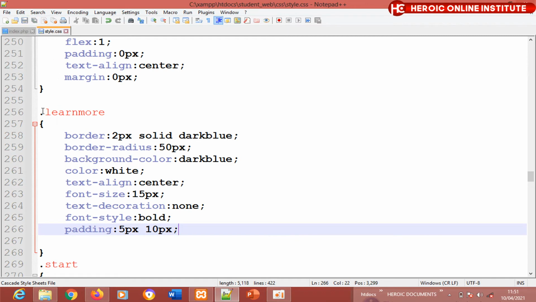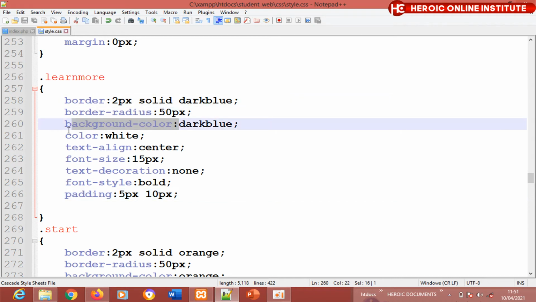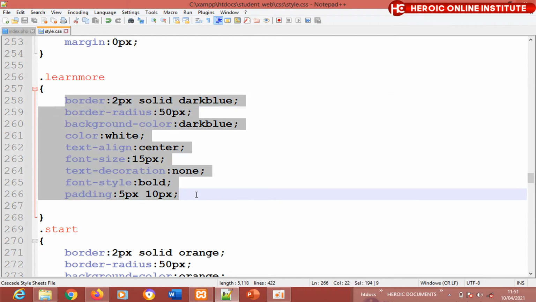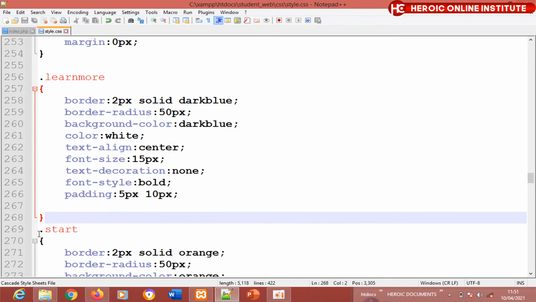So if you actually, let's say you use button format here right now, but you are going to leave it at learn more because you used learn more already. Okay, then all these formats will serve for all the buttons. The only difference will be this background. Maybe you can remove this background from here and create another CSS,